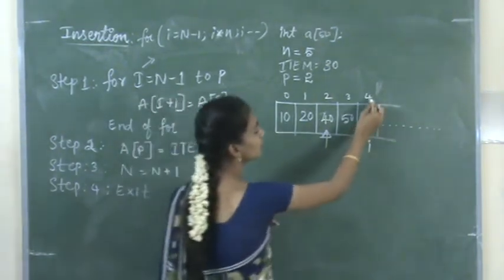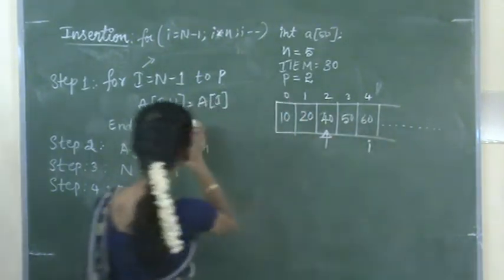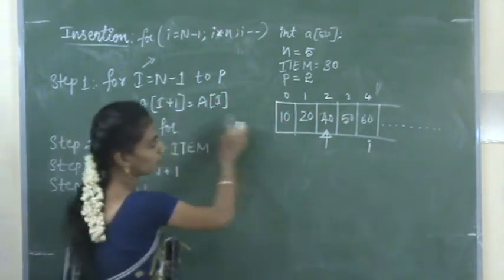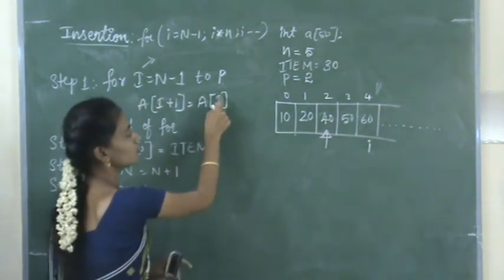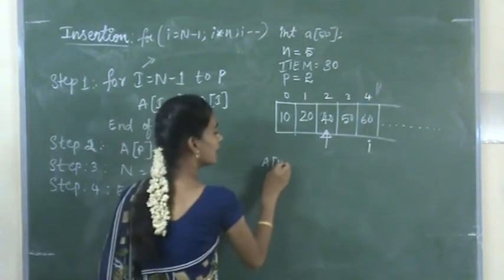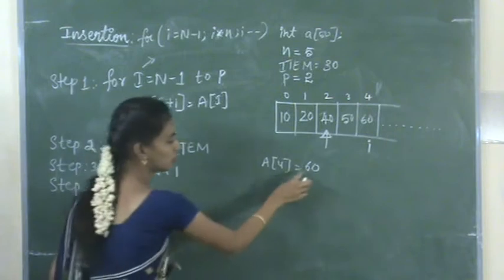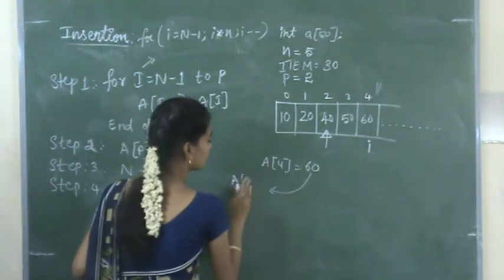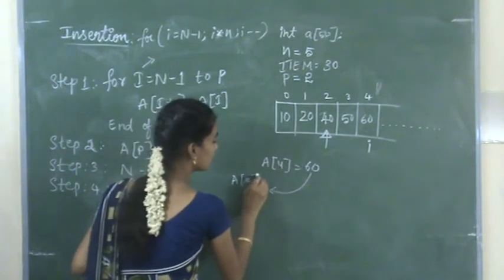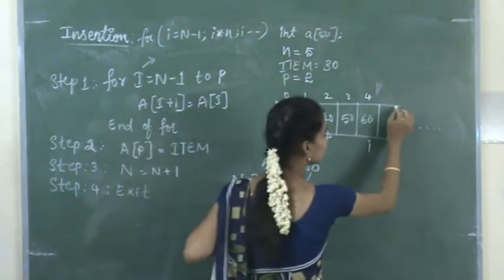So what we will do, first we will come here. So this will be shifted to I plus 1. So what is the I value now? 4. So this position, a of 4, the value of a of 4 is 60. So this 60 is assigned to a of I plus 1, which means 4 plus 1 is 5. So this 60 is assigned to a of 5, which means,